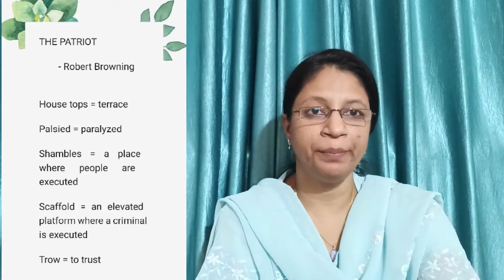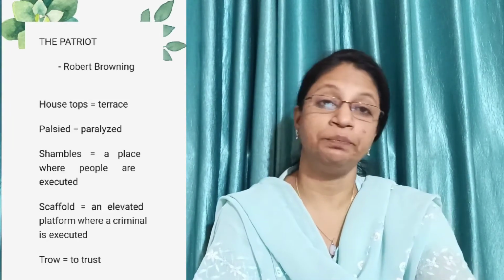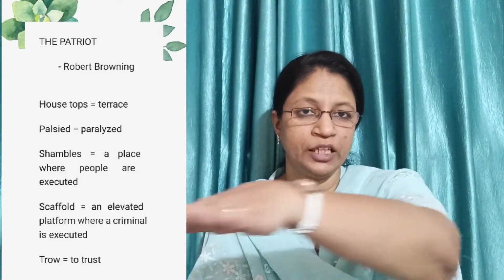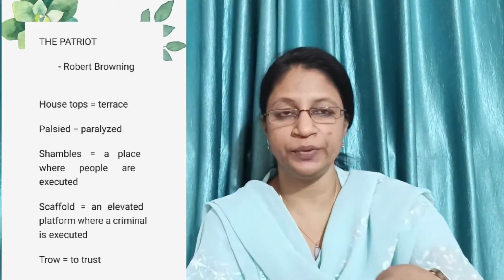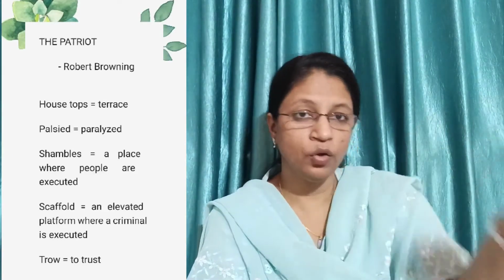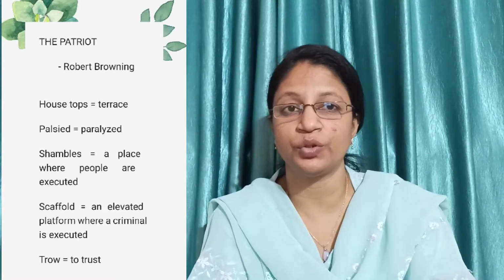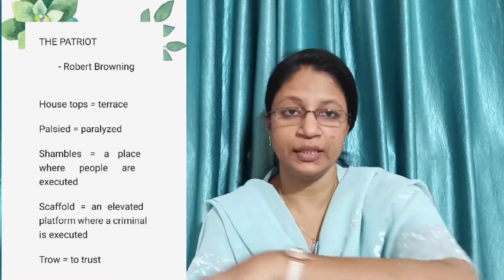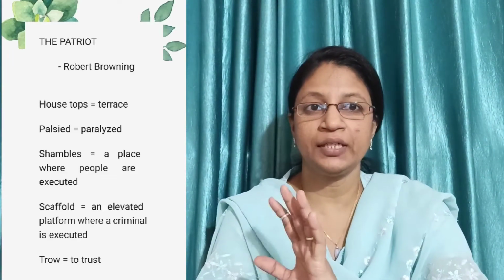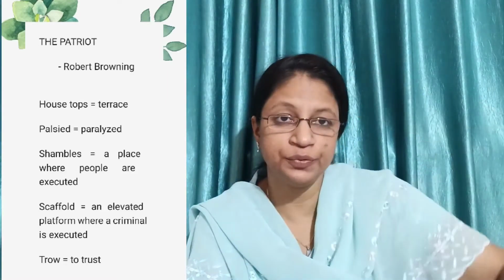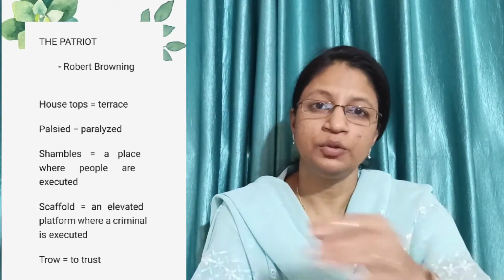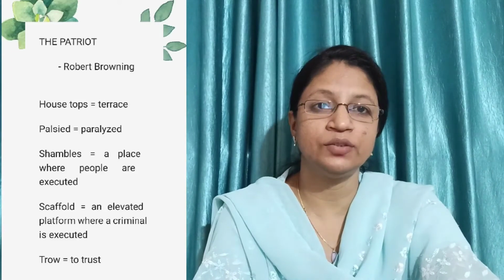At the shambles gate, or better yet, near that gate, or a better place they want to find, by the very scaffold's foot. The scaffold is the elevated place, a higher platform where this person will be standing and will be executed. So maybe the people want to sit below that scaffold, the elevated area. They want to sit very near to it and get a clear view. Maybe they are sitting near that scaffold's foot. I think these people have moved to that particular area, so nobody is on the house